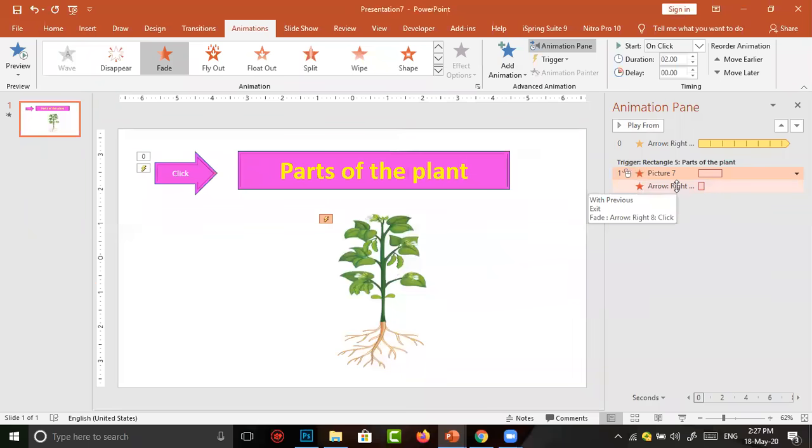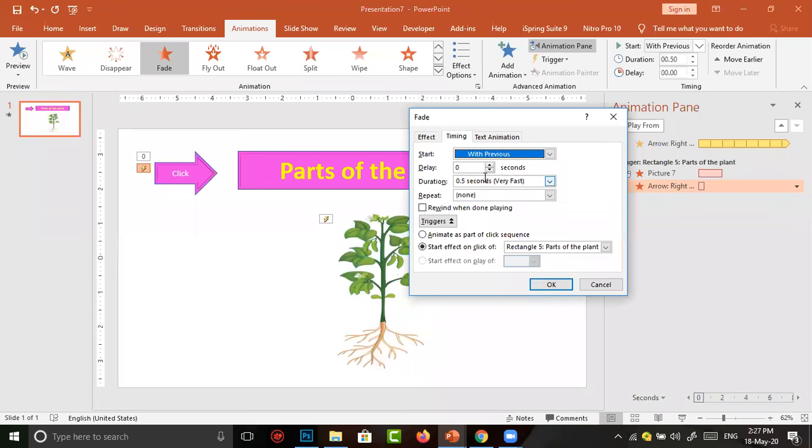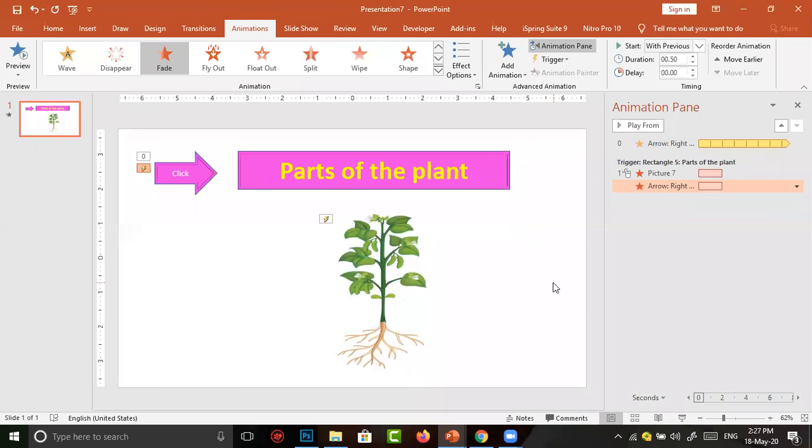And the same effect I'm going to give to the arrow mark. For this also I select the arrow mark and down arrow, select timing. It is also 0.5 seconds. I change it to 2 seconds. Then click on OK.